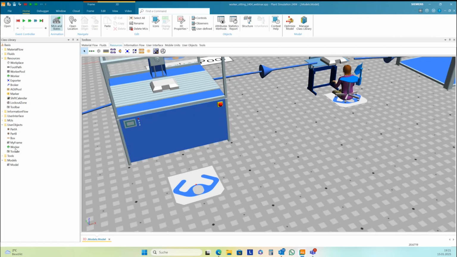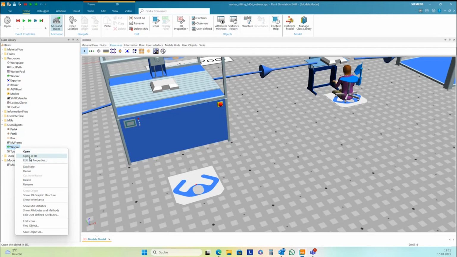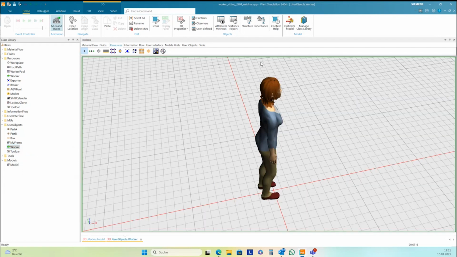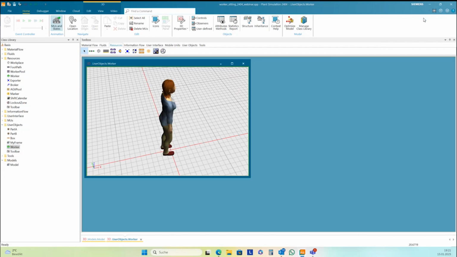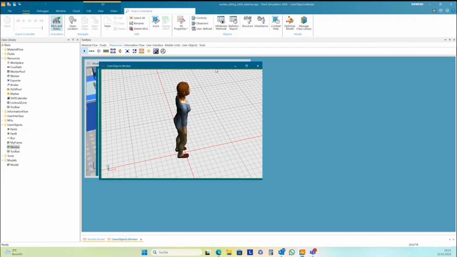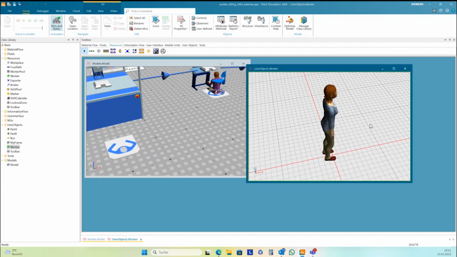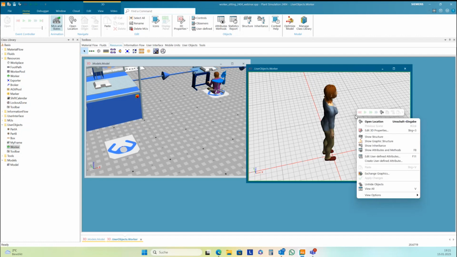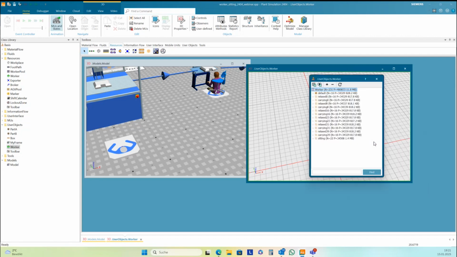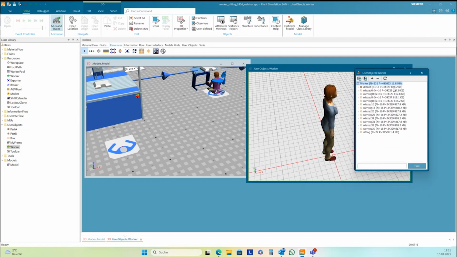And so we go to the worker back here, open the worker in a new 3D window. I make it overlapping here so that I can see both of them. Then here I go to show the graphic structure.